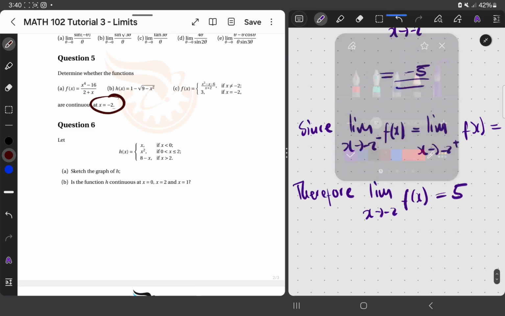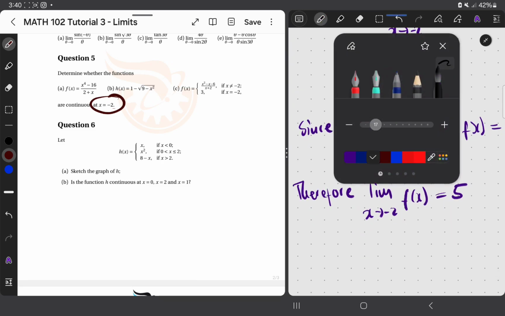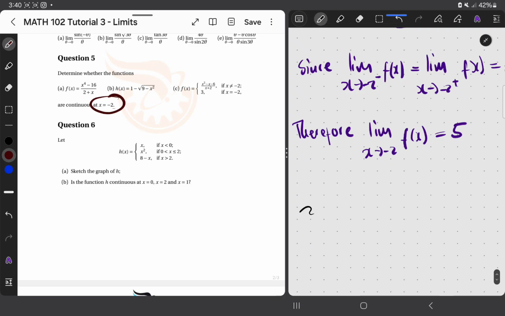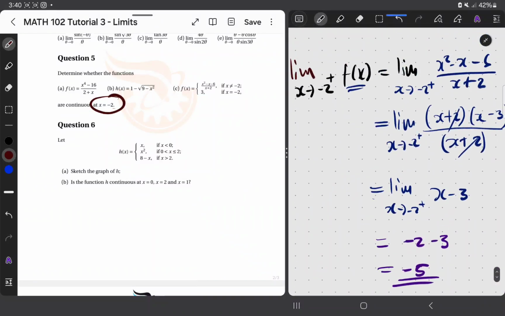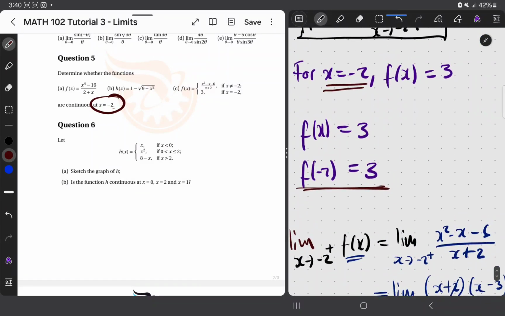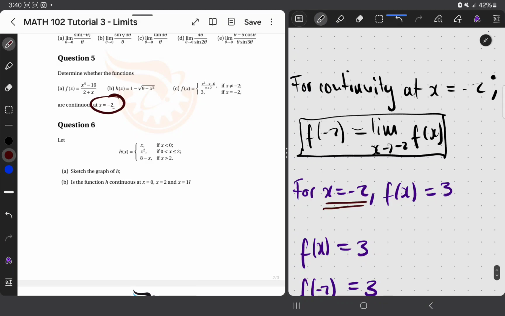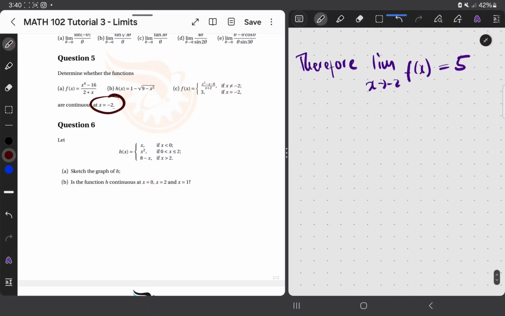So now, because the left and right hand limits were the same, we can then say, what was the other solution here? f of -2 is equal to 3. So f of -2, we got it as 3. So this becomes a problem. So now you can say f of -2 is not equal to the limit as x approaches -2 of f of x. Therefore,